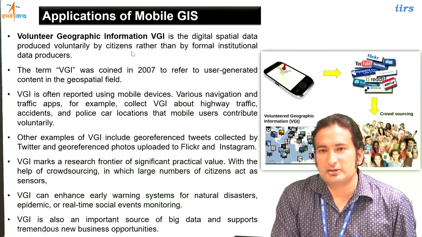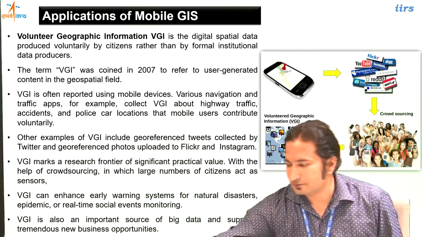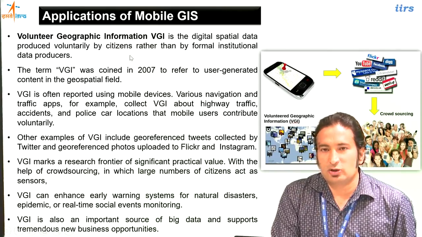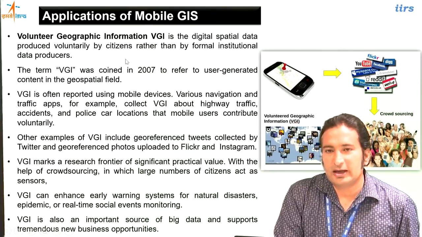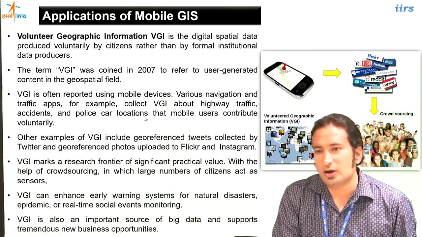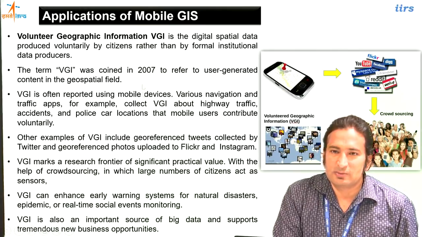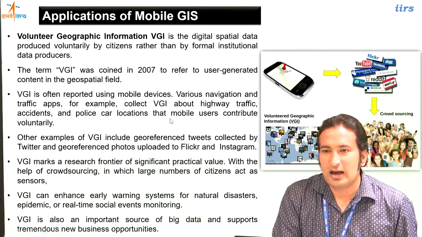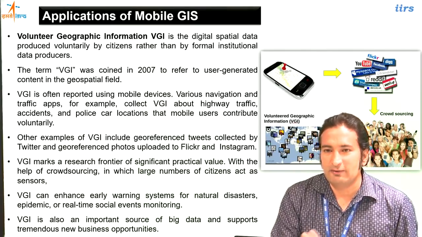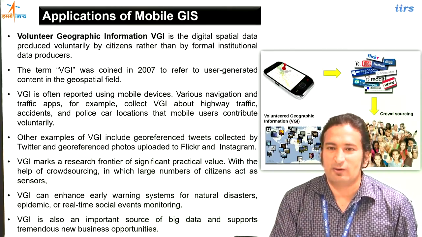Secondly, voluntary geographic information, or VGI, which sometimes we also call crowdsourcing. This is volunteered geographic information. What it does is get data from citizens, or citizen science. So this data we are getting from the crowd, from the people. How do we get the data from the crowd? That is where mobile GIS comes into the picture. We can hand over mobile devices along with a customized app to all the people. They will act as sensors for us, the data will be collected, and we can utilize that data for various applications.